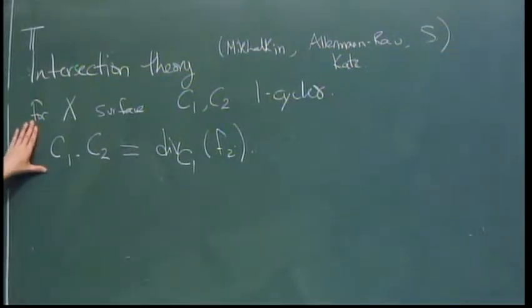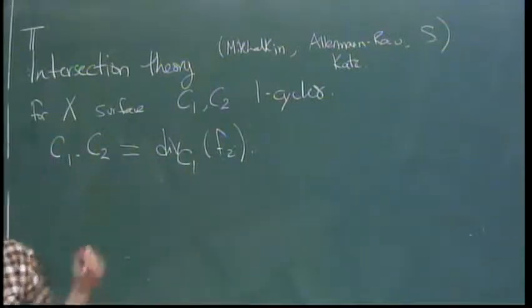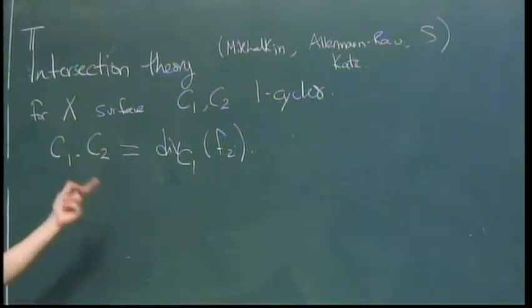But for this simple situation of 1 cycles in a surface, we can use the theory of Cartier divisors, which was suggested by Mikhalkin and made rigorous by Allermann and Rao, to intersect two curves